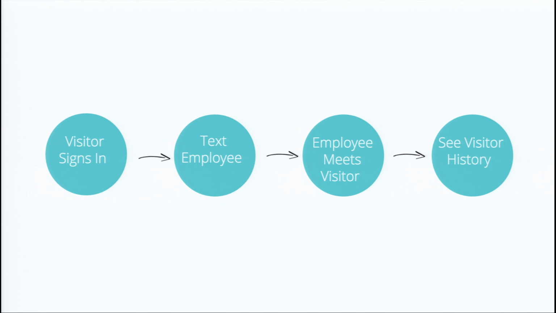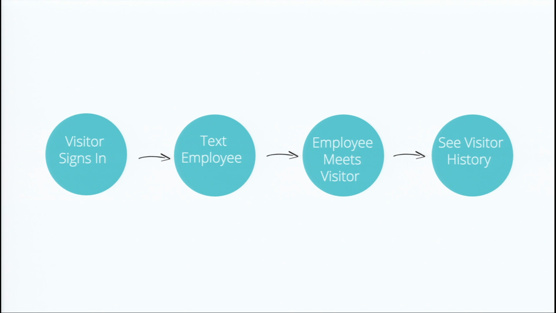So if a business is doing all of this on paper, there's a lot of problems, right? So one problem is that there's no privacy. When you go and sign in on that little paper sheet, what do you see? You see the names of all the people that went before you, right? That's not very private. It's not a very nice way to treat your visitors, just expose their private meetings to the public like that.